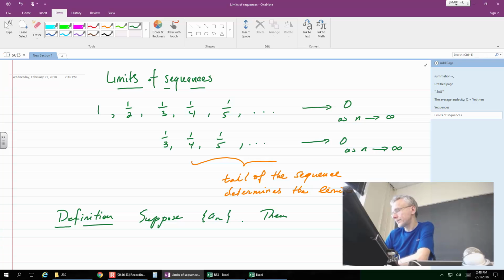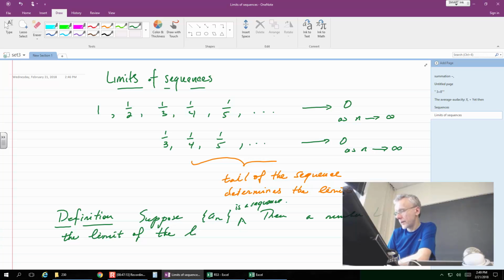Then a number L is the limit of the sequence